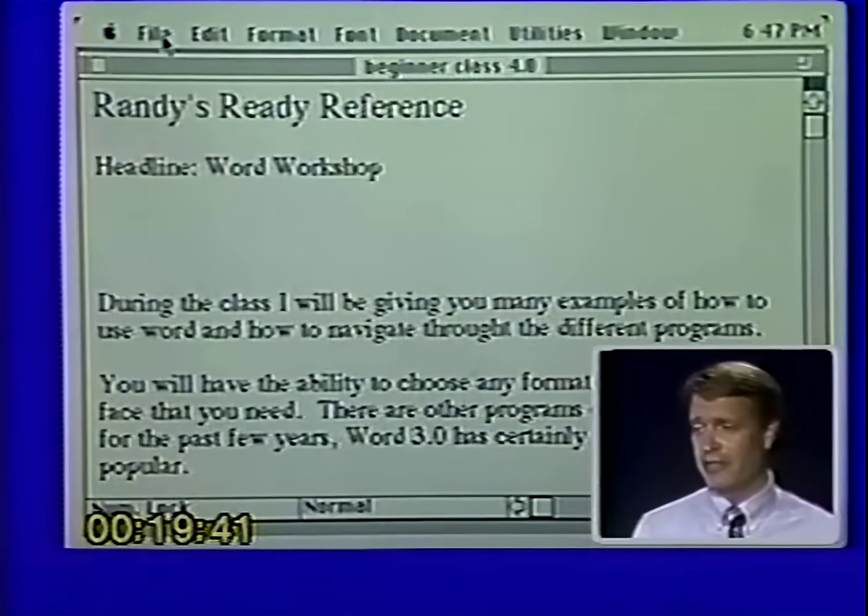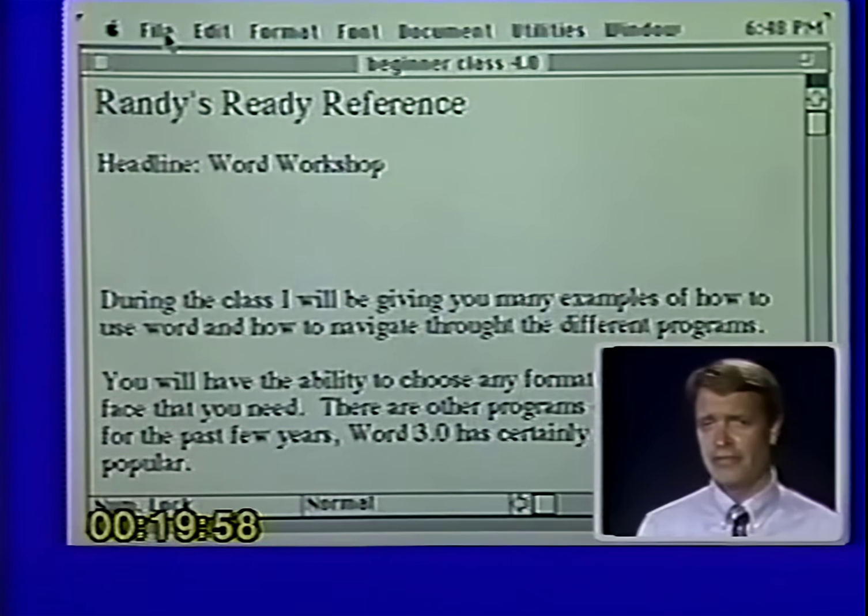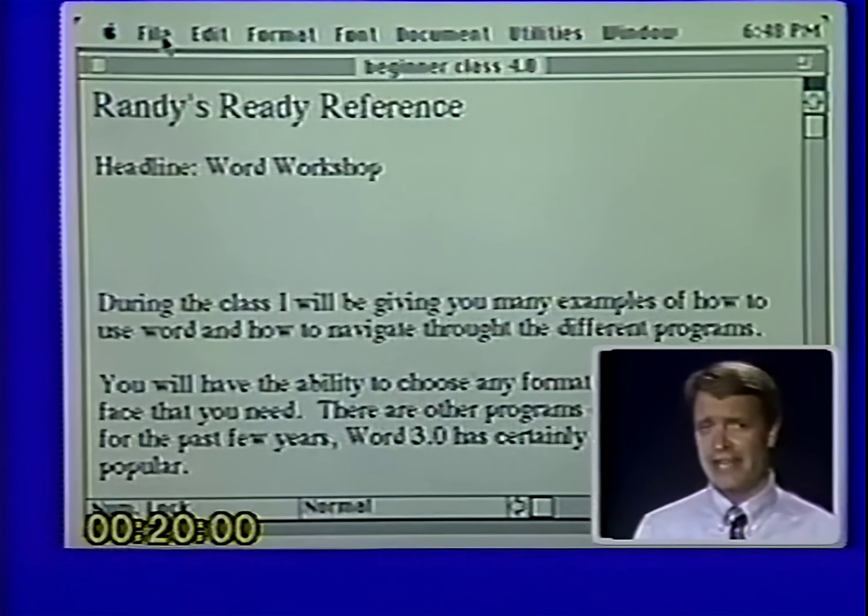Okay, now we're going to get into Microsoft Word. Let me just mention that there are 7 functions I'm going to teach you today. On the advanced tape, or if you go to Mac Academy in the advanced class, you'll learn how to do side-by-side paragraphs, headers and footers, style sheets and automatic outlining, and all of those are nice features. But realistically, 99% of the time that you spend on your computer, you will only do 7 functions, and that's what I'm going to teach you in this class. So those are the 7 that we're going to go through here today.